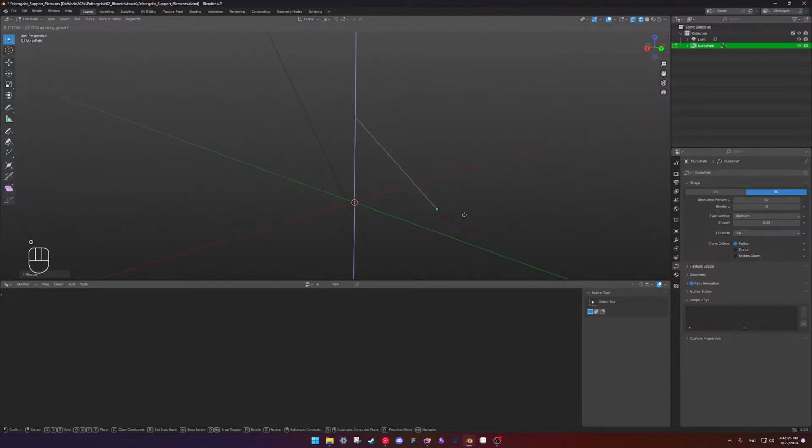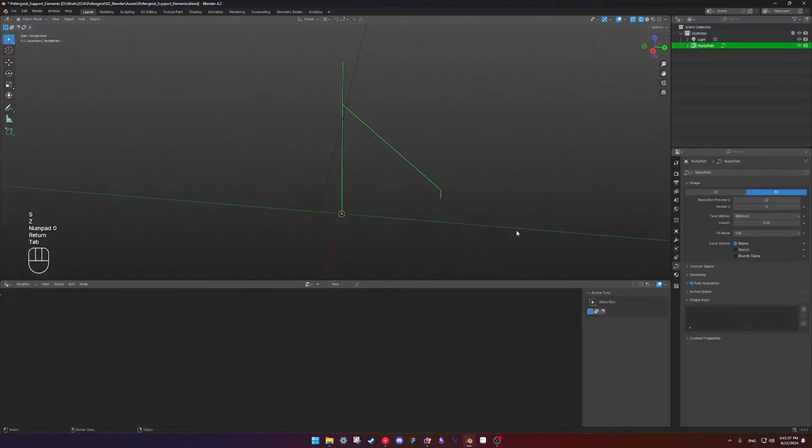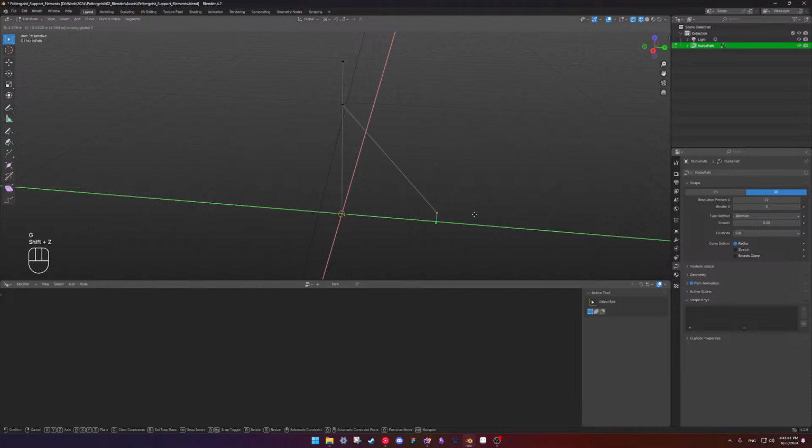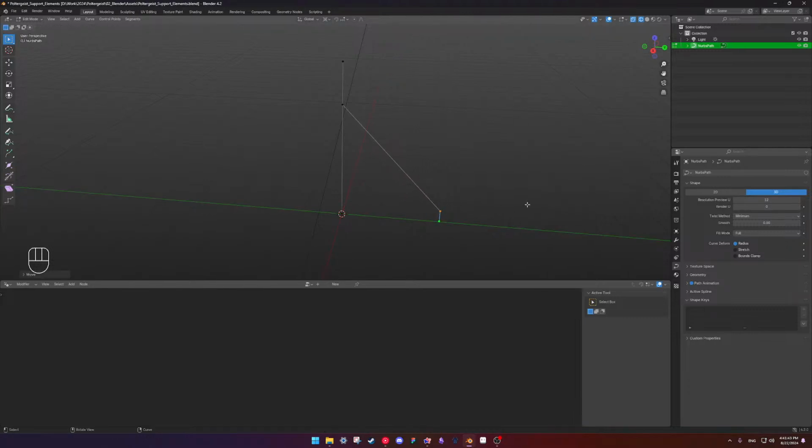Go up 0.3, I think. Extrude Z. No. Just goes to 0. So we're gonna move this to everything but Z. Scale X 0. There we go. Anyway, this is our practice support here.